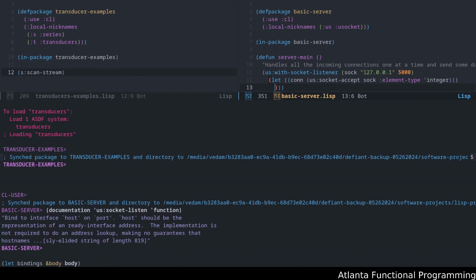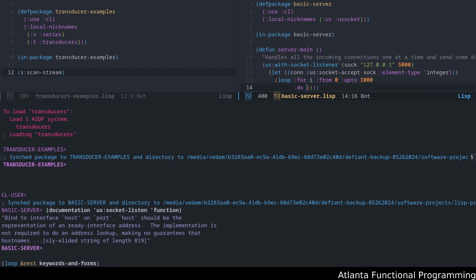And all I'm going to do is I'm going to loop to 1,000. Okay, just like all the other examples. So loop for I from 0 up to 1,000. Okay, and do socket